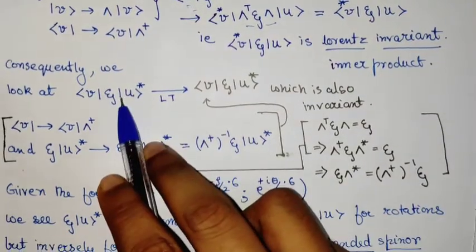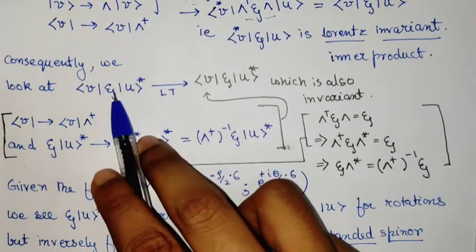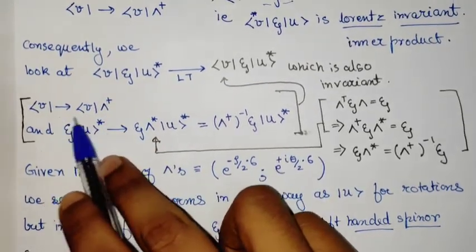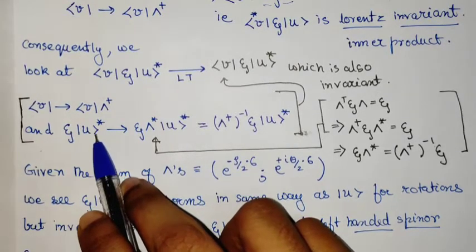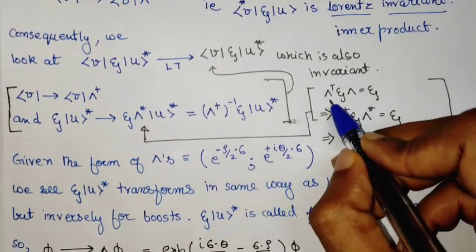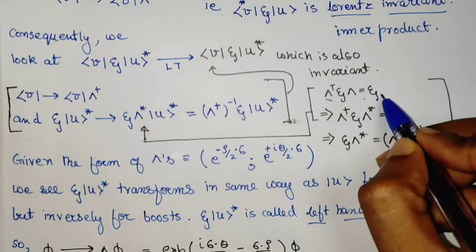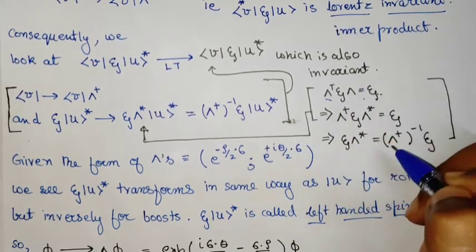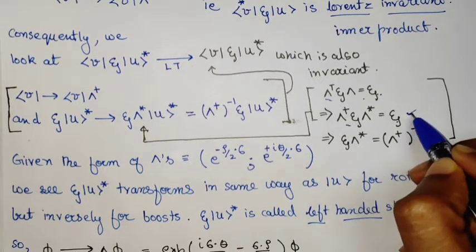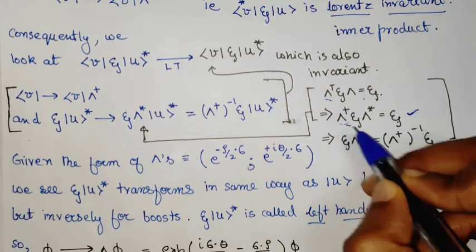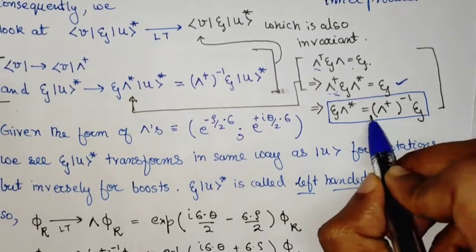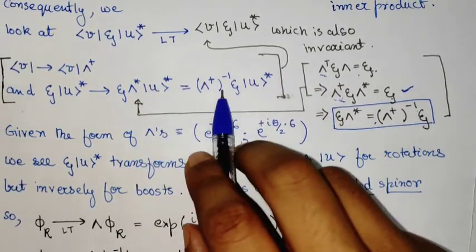And I have shown how we can find the Lorentz transformation property precisely using this transformation. So under Lorentz transformation we have this thing, and we also have this particular thing. Now we can use this equation here, the spinor Minkowski metric, and take a complex conjugate on both sides. Then we come to this equation, and we can take an inverse of this lambda dagger to finally get this equation here. And we can use this equation to prove this last line here.